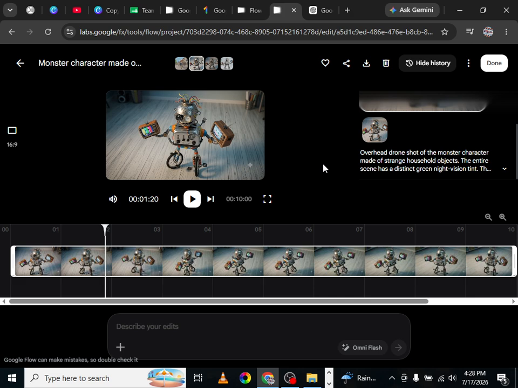If Google Flow supports reference images, consider uploading a high-quality image